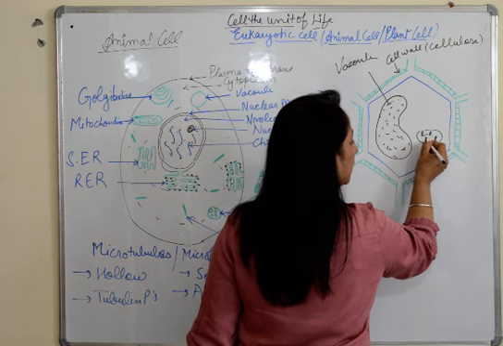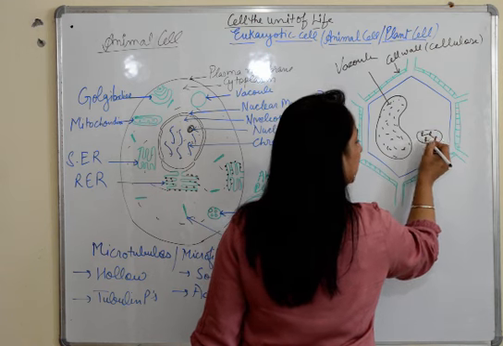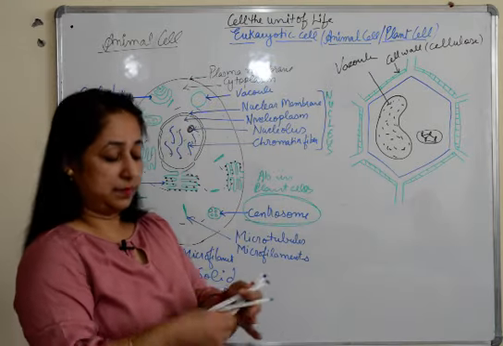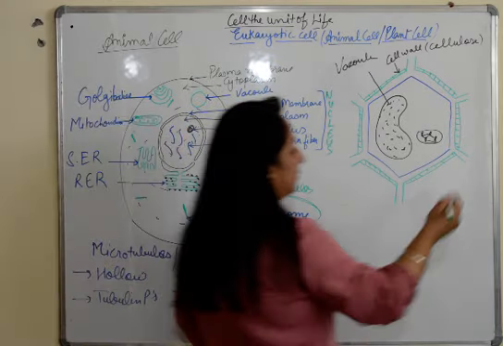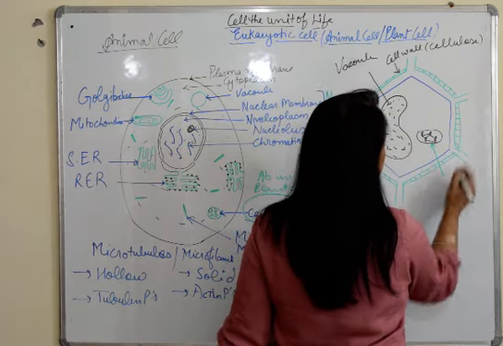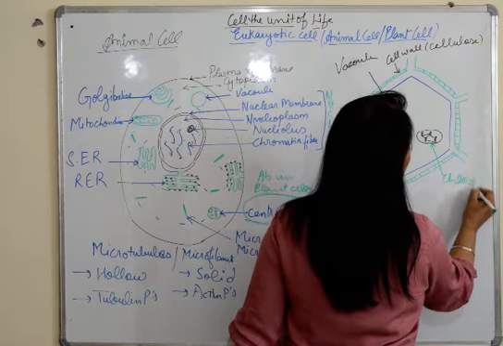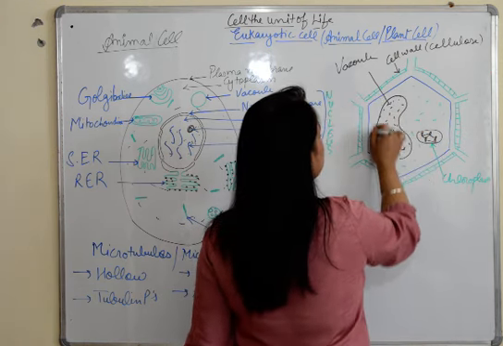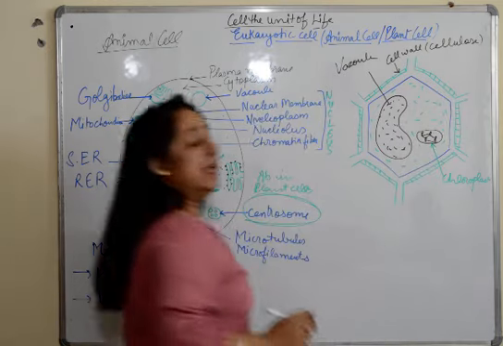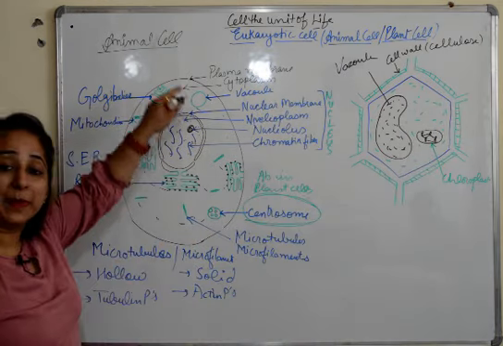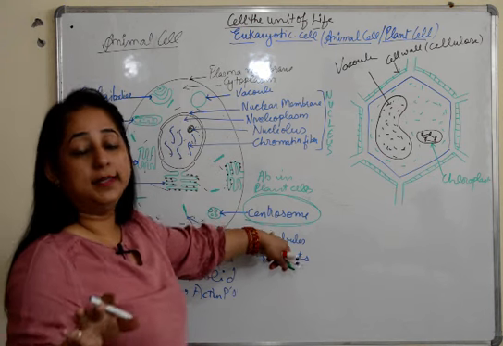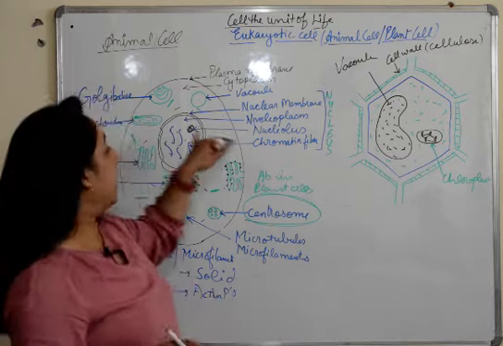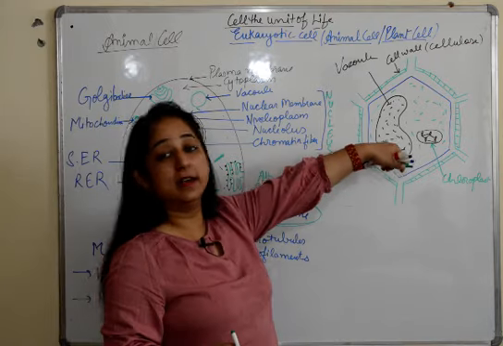Again, I am telling you that we are going to discuss all these structures in detail one by one. We'll be starting with the plasma membrane, but here it's a generalized structure. So this is a chloroplast. Plus here it's also filled with the same substance, cytoplasm. It has the nucleus. It has all the cell organelles present except for the centrosome. All the other organelles are the same in plant cells. They have a cell wall which is absent in animal cell, and the cell wall here is made up of cellulose.